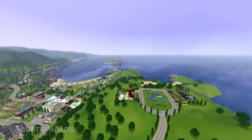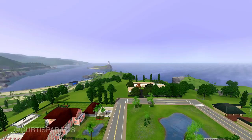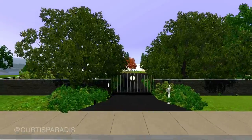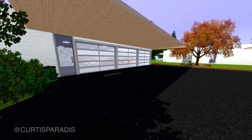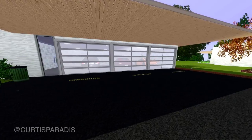So here we are, we're flying over top of Sunset Valley here into the house. As you can see, it's hard to actually see inside of the house from the street here. But of course, a nice big gate welcomes you in. Once you get through that gate, here is a beautiful shot of the garage here. Of course, you can place three of your cars inside. There's also parking outside for your